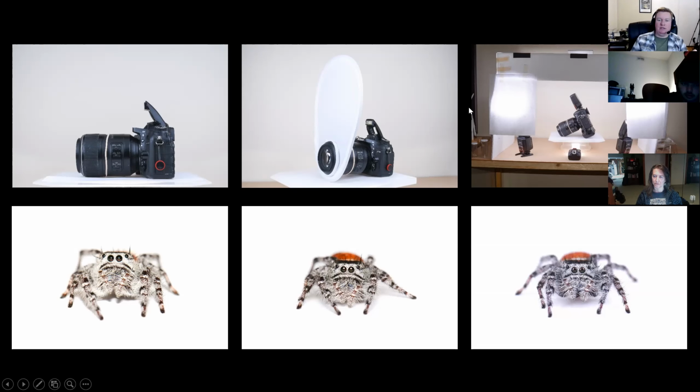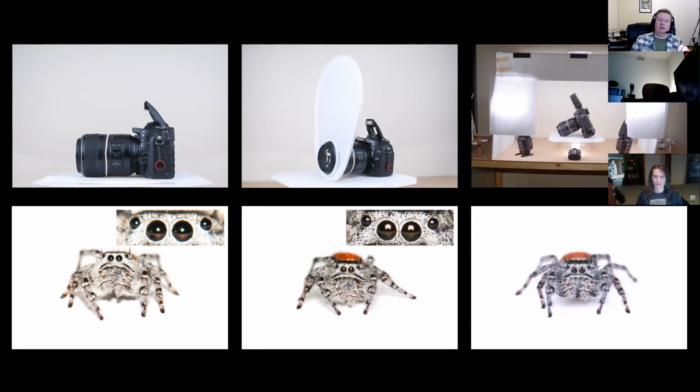And you can see this especially with jumping spiders. They make unforgiving but very good subjects to practice on, because you can see in their eyes the results of your diffusion. So a small, bright point source of light is going to result in harsh lighting, very sharp and strong, very well-defined shadows. We tend to like diffusing that light, making everything more even, evening out the shadows, evening out the illumination. And you can see in the catch light of this jumping spider, well, same jumping spider,